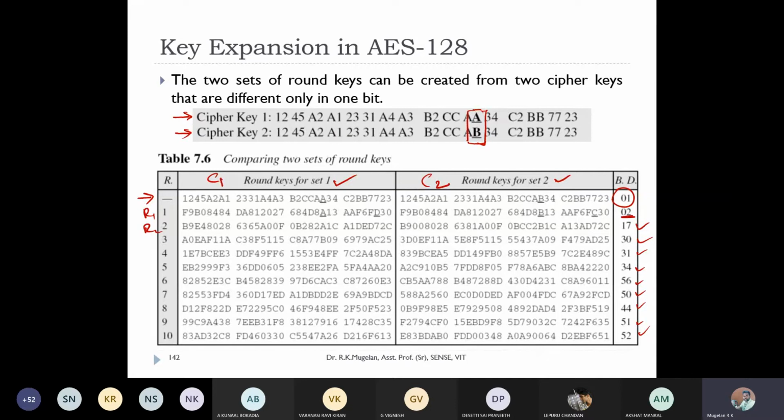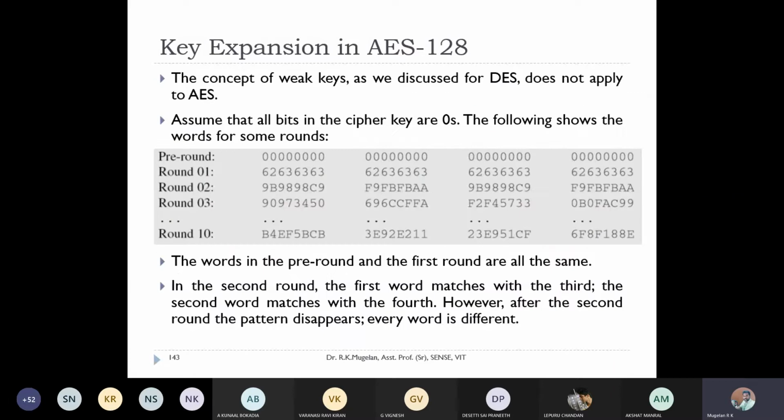If you have seen the previous class video, you have analyzed the weakness of DES. That is a key. Certain keys have very major weakness if you're going with the DES algorithm. And also you can see this is one of the weakest keys, called all zeros or all F, that is highest value, or all low value. Even if you use one of the weakest keys, you can see after round 3 onwards, I can get totally random keys into the picture.